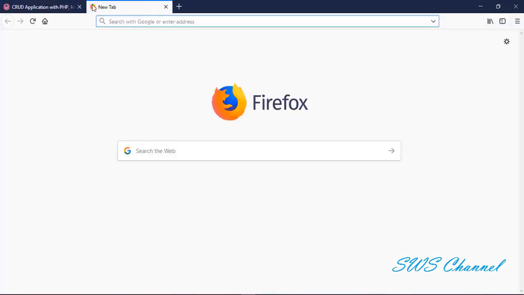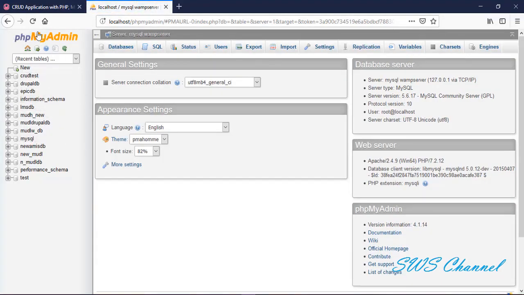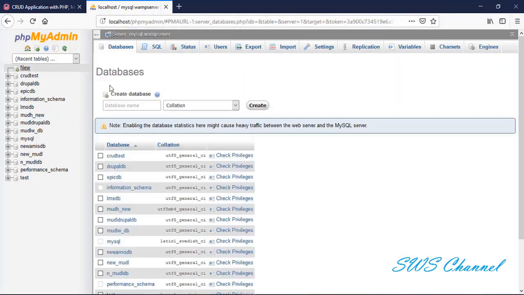Let's create a database. For this purpose, we open the localhost phpMyAdmin. phpMyAdmin is the working interface of MySQL. Let's create a database by the name of